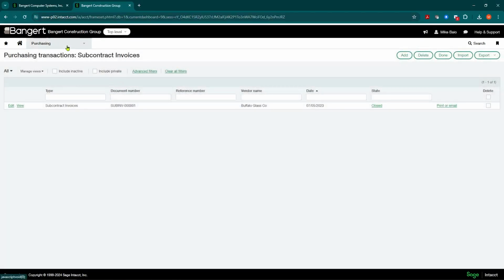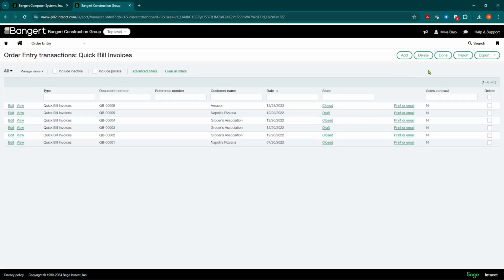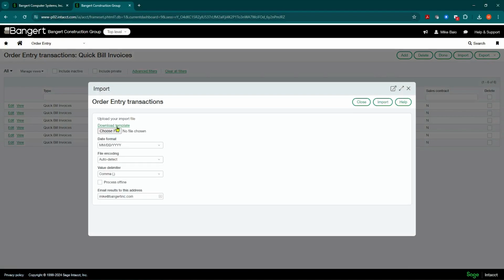It's the same template. And then if I go to order entry and I import, let's say a quick bill invoice, and I do my import, you're going to have a similar template. Just make sure that those fields are in. Now on the revenue side, on the order entry side, it isn't required as much. Most people just import into the project, so it's not as big an issue, but you can import revenue into the cost code and cost type as well. So just make sure that all three of those columns are in your imports and you should be good to go. Thank you.